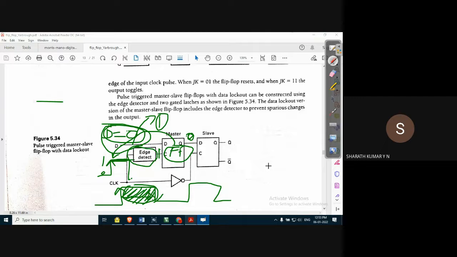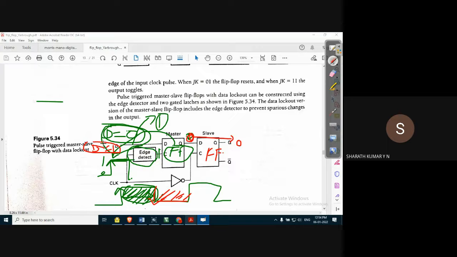Now, when the clock pulse changes the state from high to low, okay, let's observe this. When it changes the state from high to low, the slave flip flop is triggered, and whatever input is applied to the slave flip flop will propagate to the output of the slave flip flop. And during this duration, that is when the clock pulse is low, no matter how many times the output of the master changes or the input changes, for example, let us say input D now becomes 1 in this duration, okay.